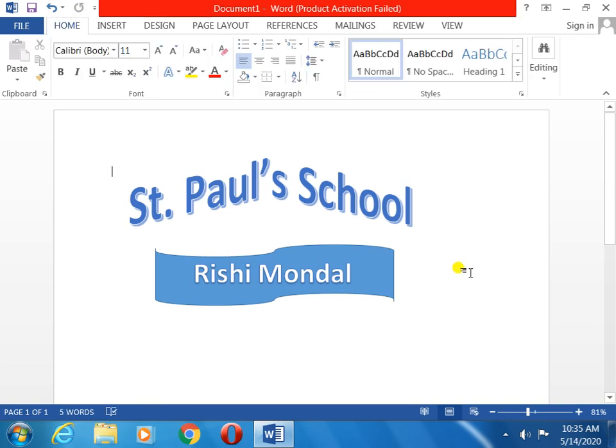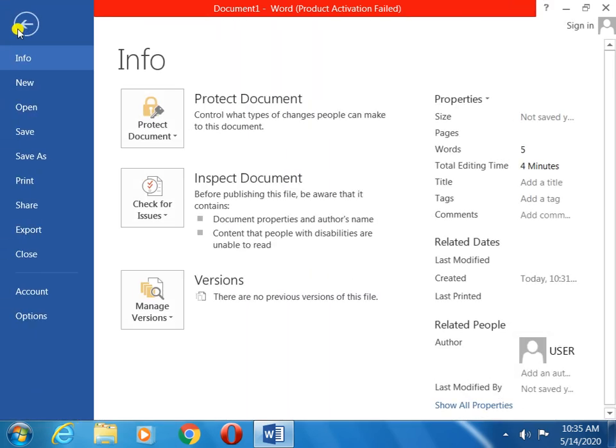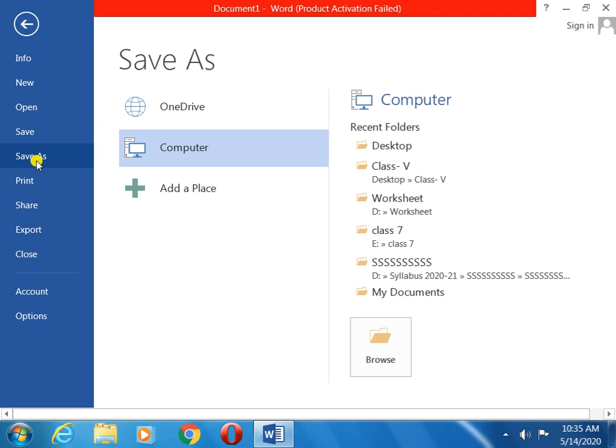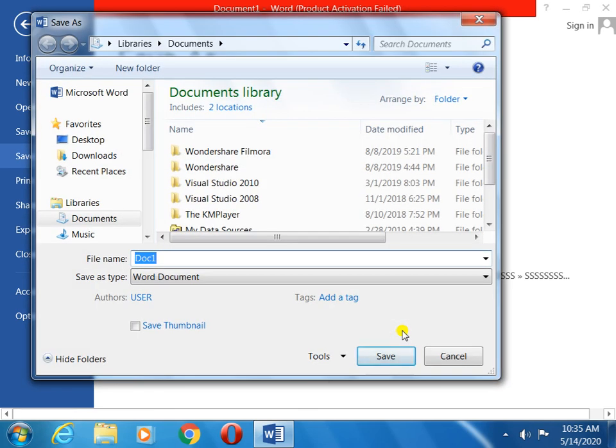Now you are thinking, sir, how do I save this? File, Save As, then Browse. Why Save As? Remember, whenever you save the first time, always click on the Save As option. But the next time, no need to click Save As; you will click Save.